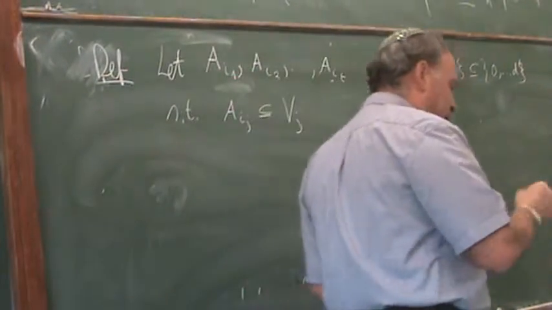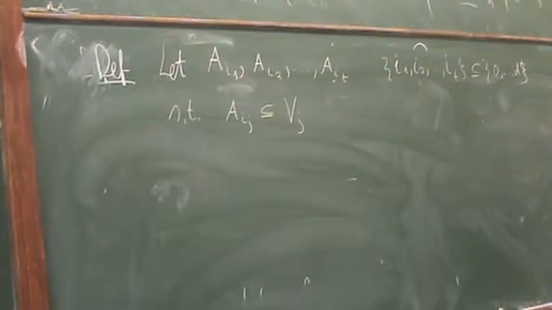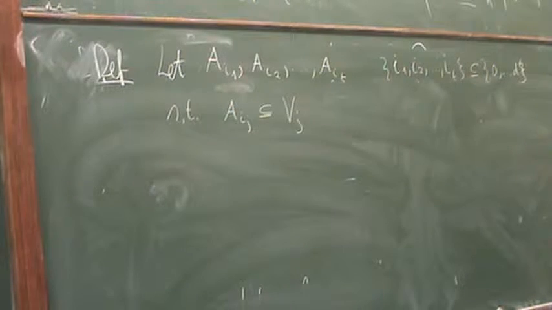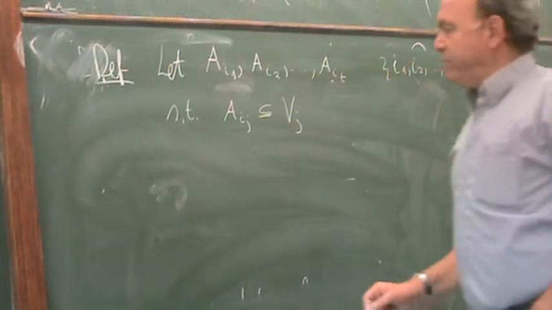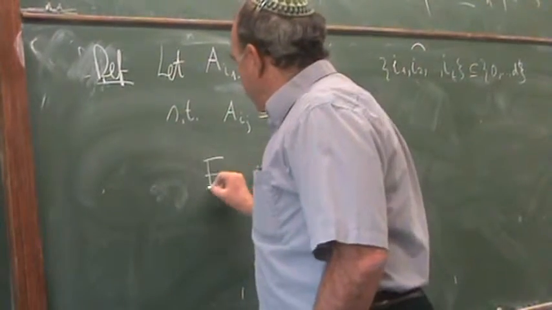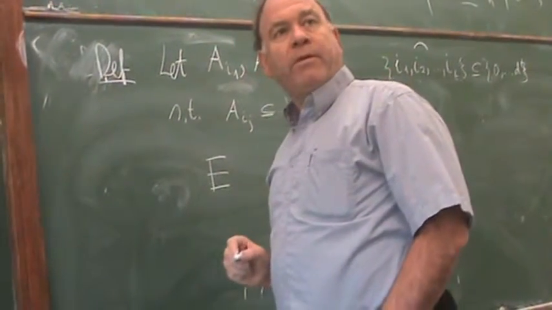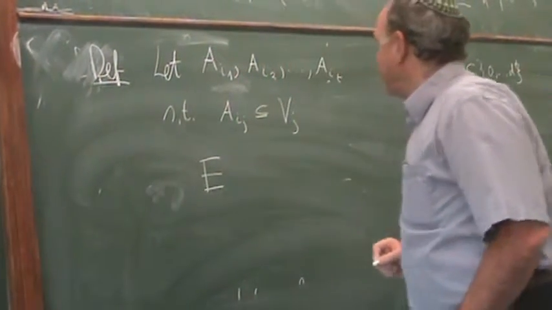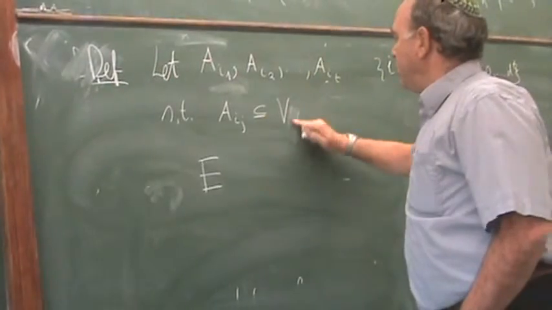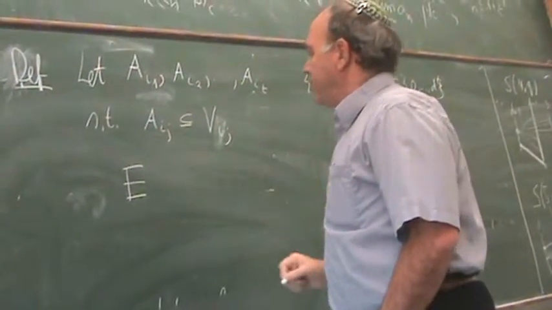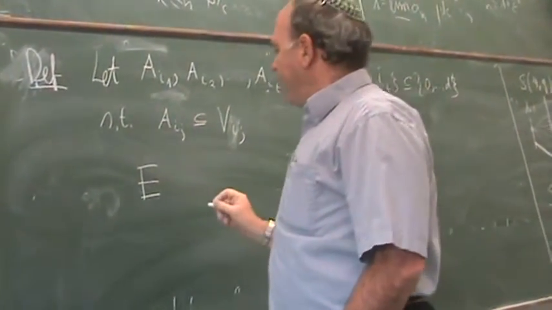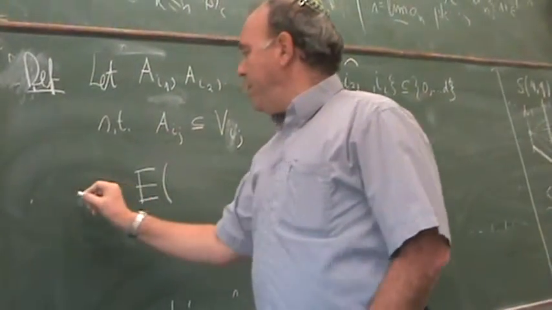So I'm taking t colors, t types, and I want to evaluate how many